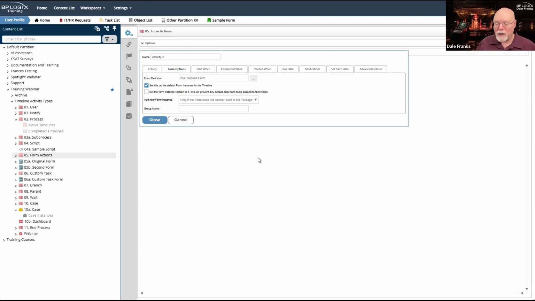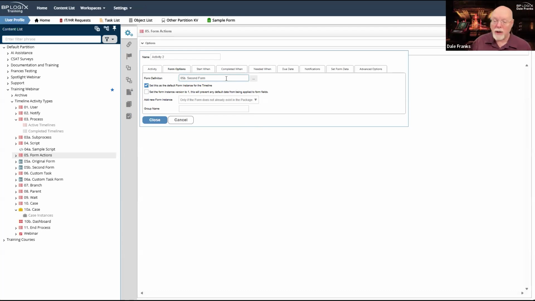Another reason where we might do it is if we wanted to do kind of a main form and a sub form sort of thing. There are some fairly complex implementations that we can do that will enable us to use multiple forms. But whatever your reasoning behind it, having the form actions activity is super helpful, because what it enables me to do is to add a second form to the process.